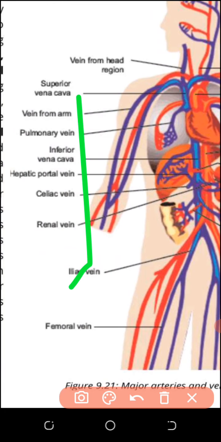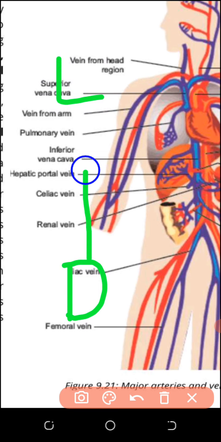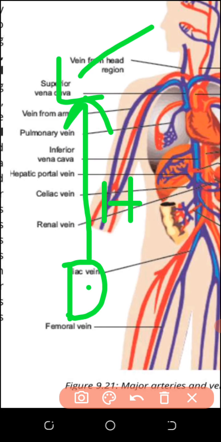I will tell you hepatic portal vein. Students, this is important. Hepatic portal vein moves towards the liver. So I will draw a figure: digestive system and then liver. From the digestive system the vein, the hepatic portal vein, goes from the digestive system to the liver, and then it goes to the inferior vena cava,